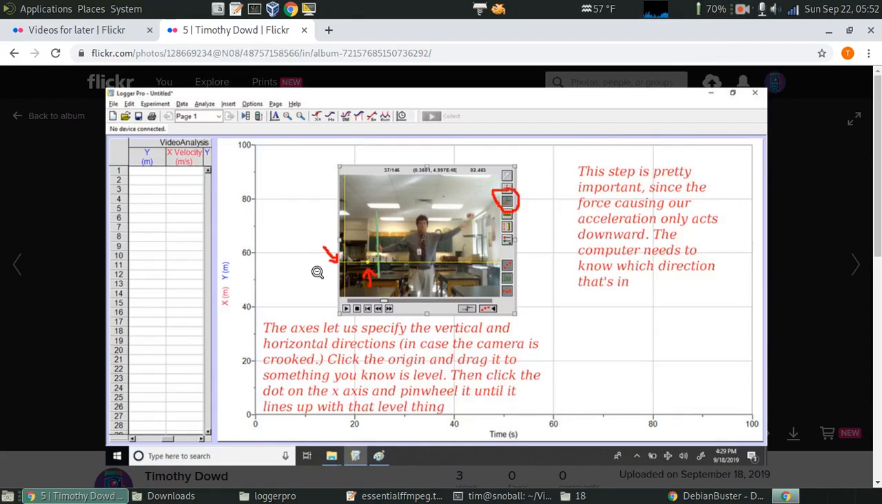A step that's subtly important is to specify your axes in your reference frame. The reason this matters is that the force we're studying here, gravity, is a downward force. It's not a left-right force. And therefore the computer really needs to think of one of the axes, either X or Y, as being